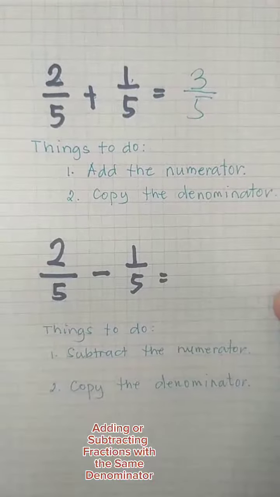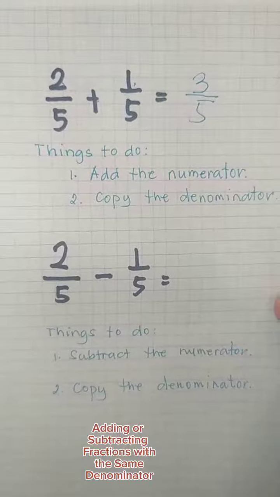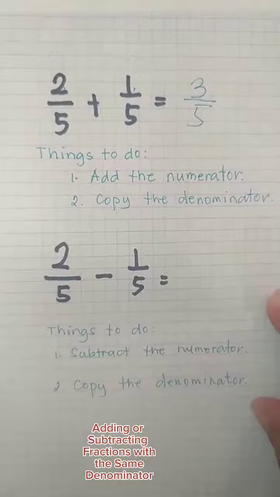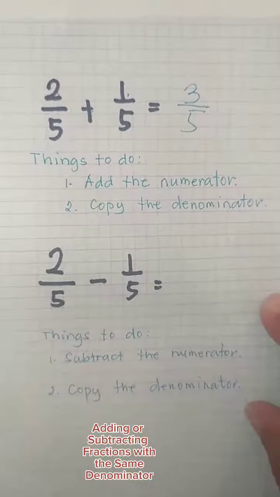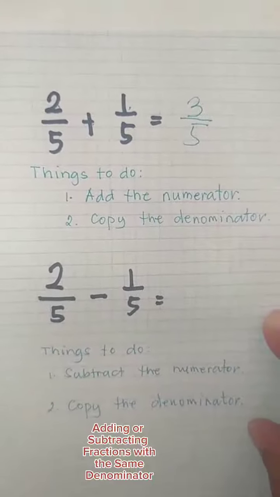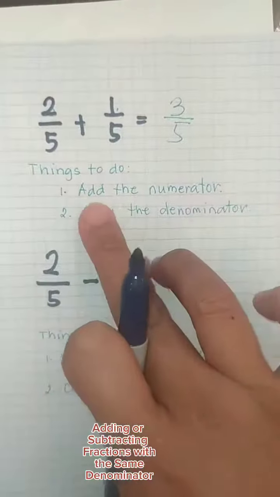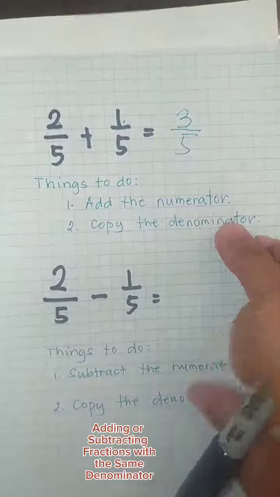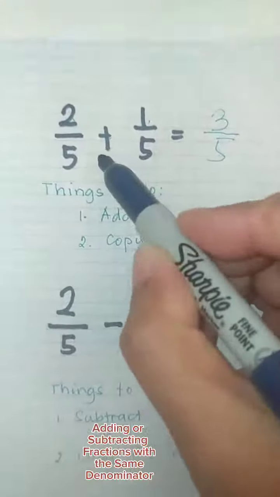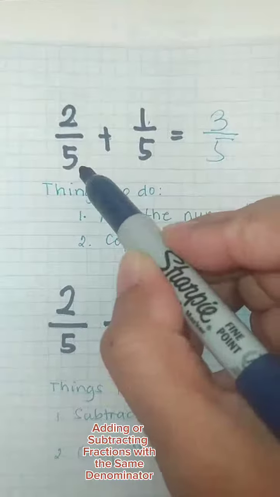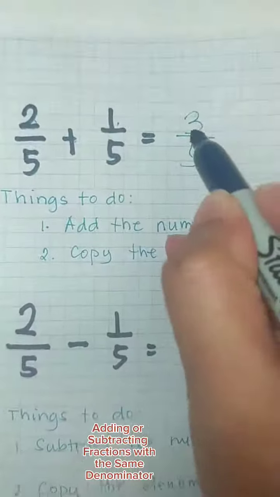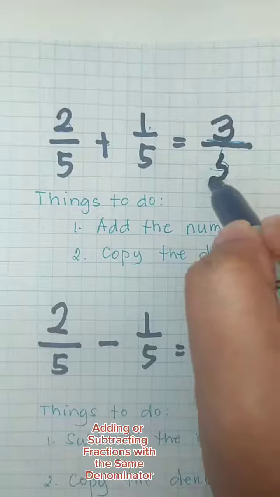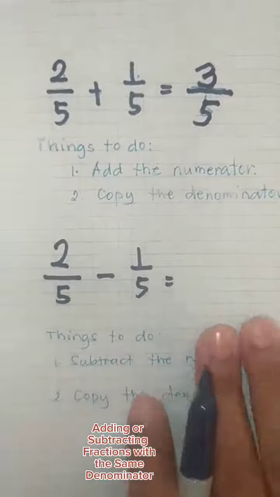So this is an example of adding and subtracting a fraction with the same denominator. Okay, there are only two things that we are going to remember when we are adding or subtracting fractions with the same denominator. These are, first add the numerator and then copy the denominator. So if we are going to apply this into our example 2/5 plus 1/5, we are just going to add the numerator. 2 plus 1 is equal to 3 over 5, copy our denominator. Okay, next is